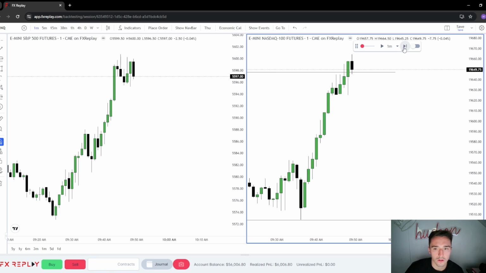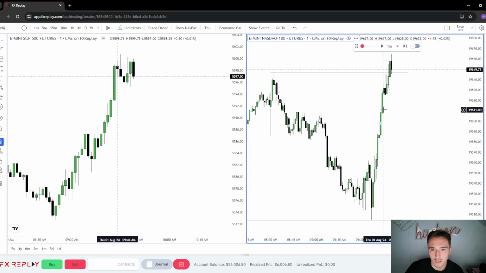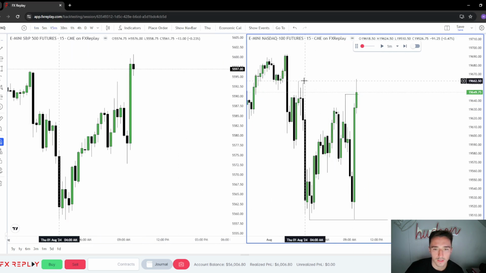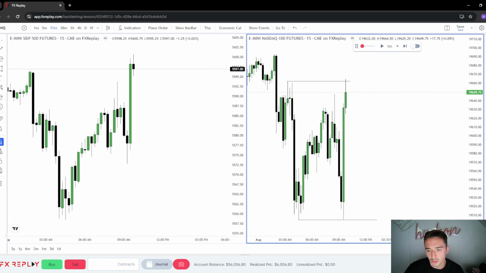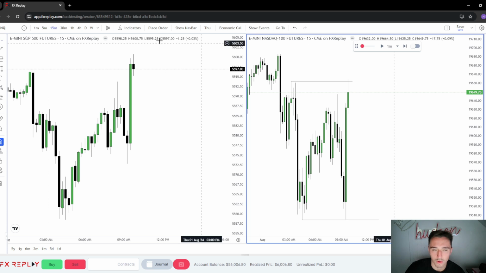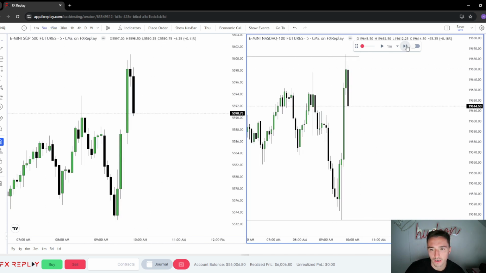There's a down close, but yeah, there's an SMT, right? SMT. So we did actually come up here and take these highs, but we do have a macro about to open and we're close to 10 in the morning. Let's look at this 5-minute closure. Okay, so